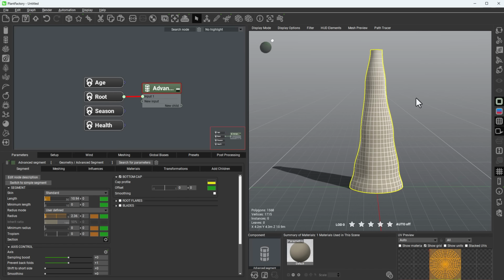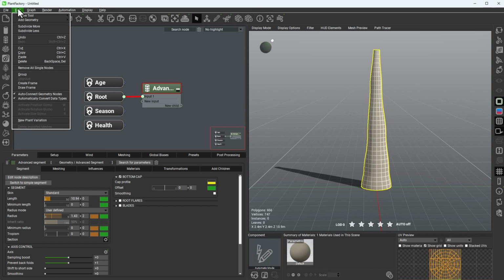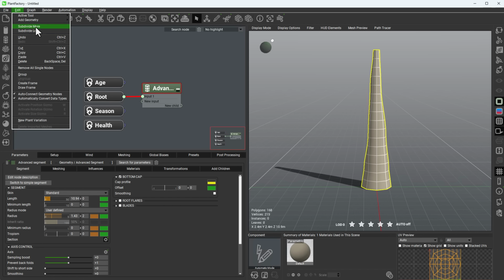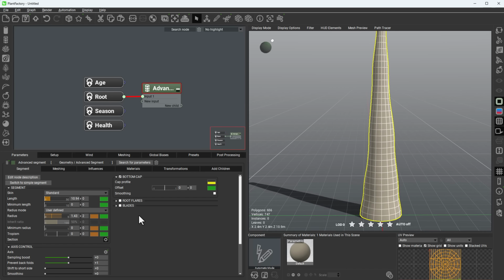If you're also thinking about dropping the subdivision, say for example you want something smaller, you can go over to Edit, go right here where you've got subdivision and say subdivide less. And with this you can drop the subdivision of what you've got. But for the purposes of quality, we're simply going to keep this the way it is,